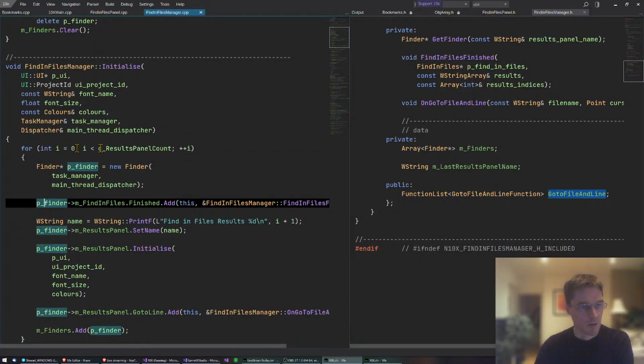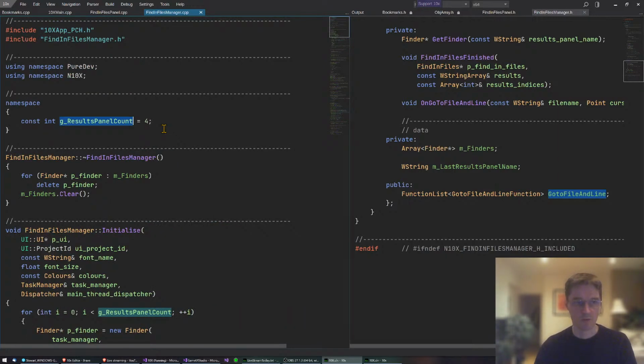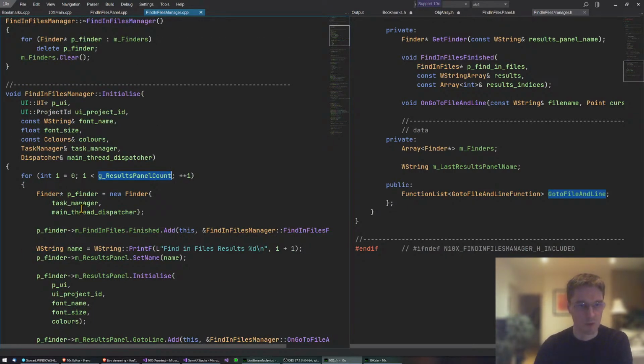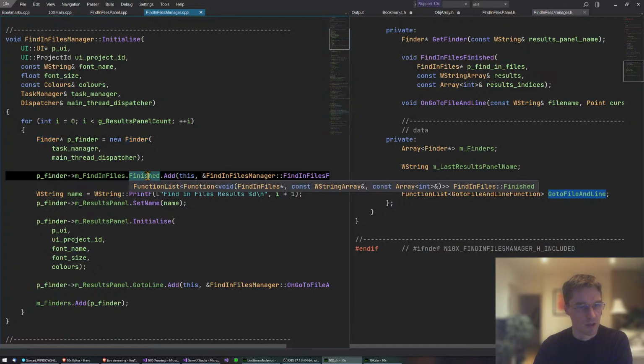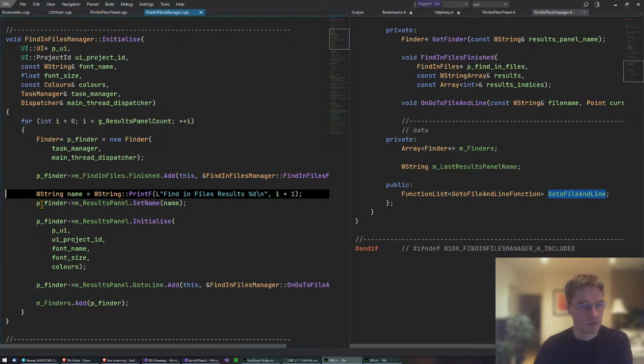So here we see it setting up the finders. Nice thing is I can just change this if I decide we need more than 4. Very easy to change in just one place. But I think 4 should be probably enough for anyone. So it hooks in, like I said, hooks into the finished, calls a function, and